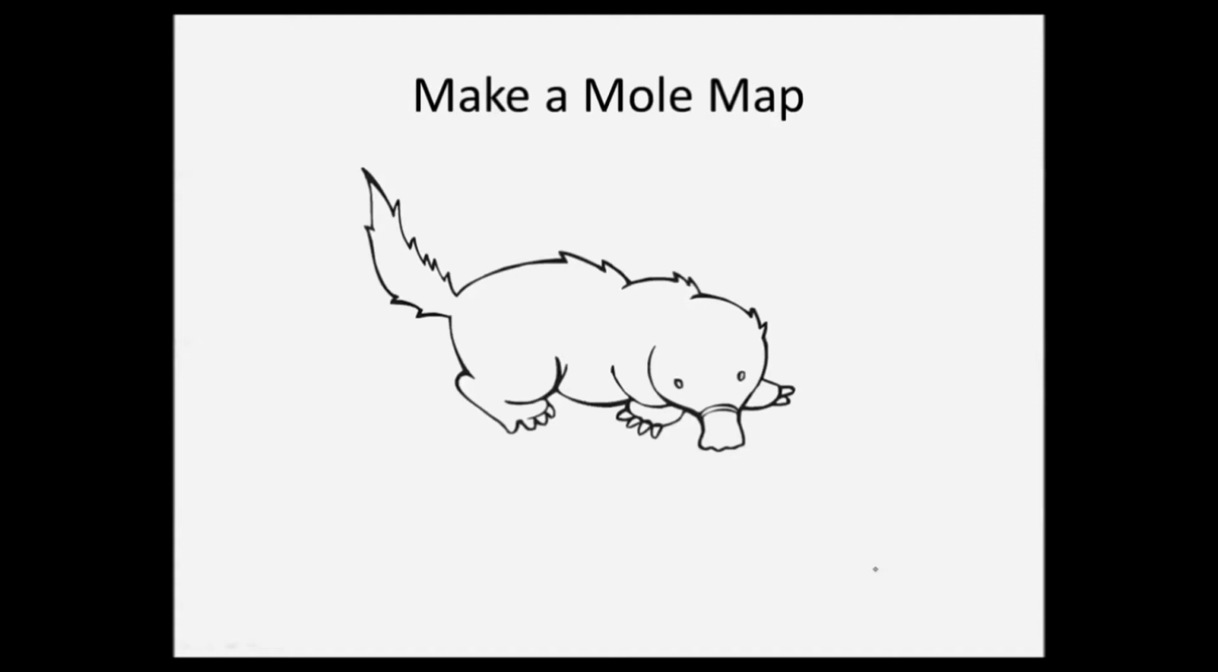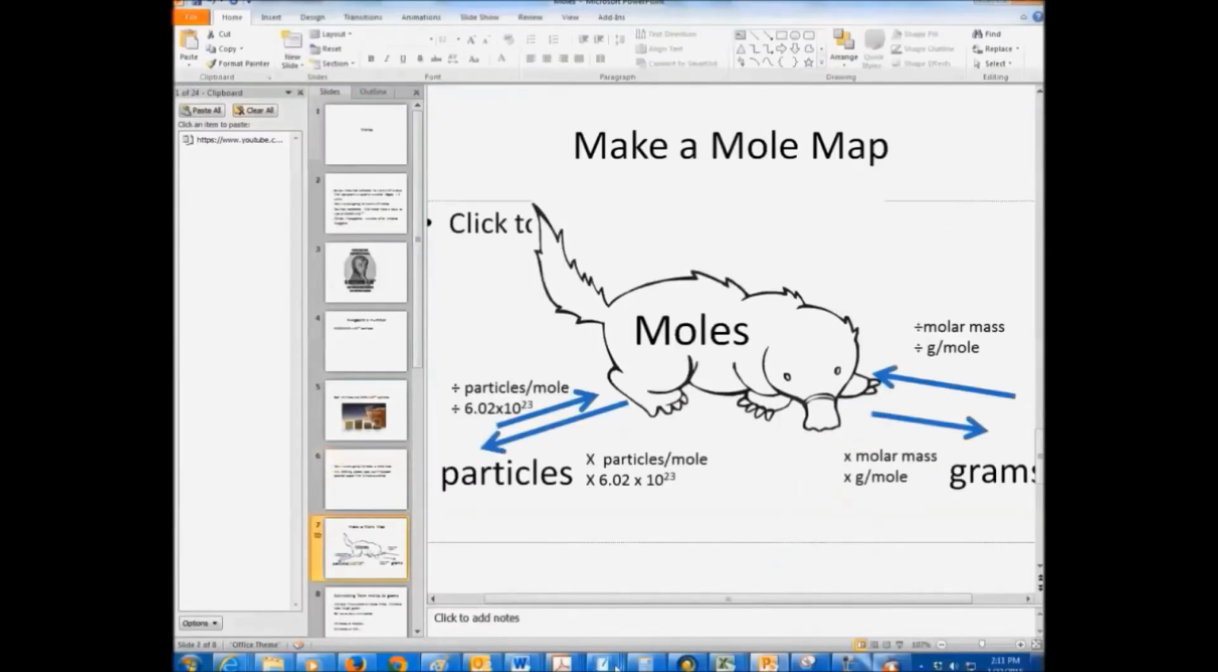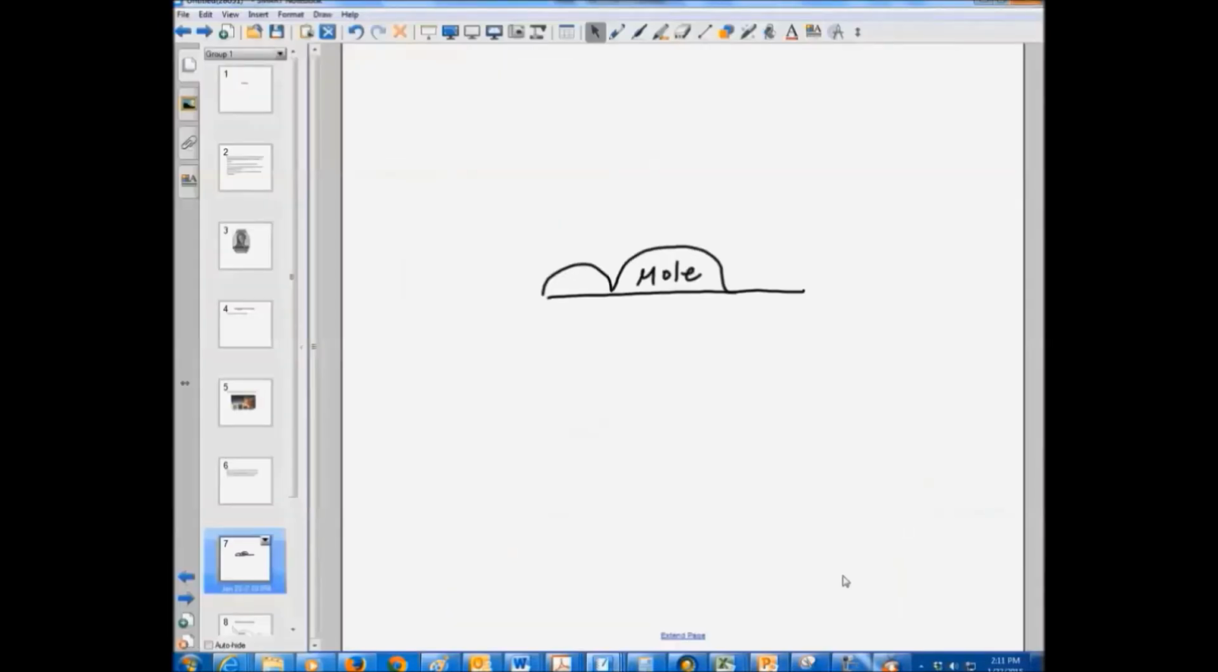Okay? Now, he's a very fancy mole. You don't have to draw it like that. And in the middle of your mole, write mole. Now, if you're not a drawer, just draw a circle and write mole in the middle. Doesn't matter to me. Once you have your mole drawn,